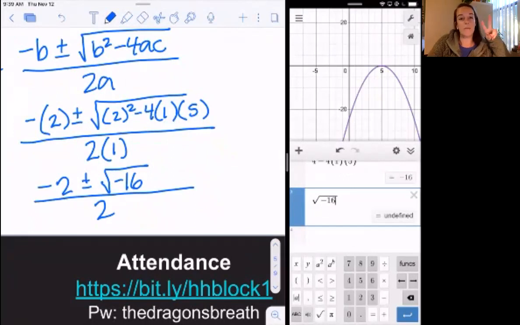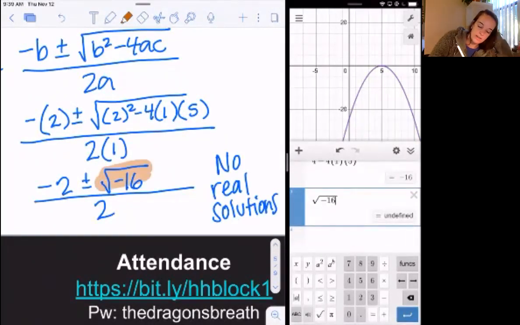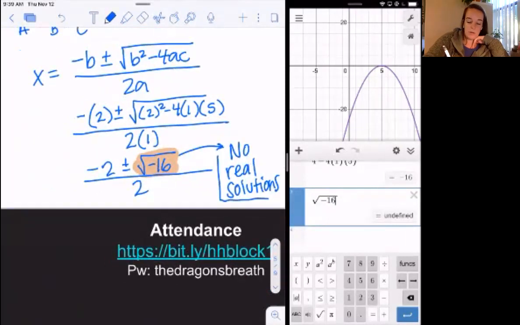It means it's going to have 2 imaginary solutions, but it's going to have no real solution, right? So when I get to the square root of a negative number, I can remember, oh yeah, a square root of a negative number means that I have no real solution. I want you to use that word real in there because there are technically 2 solutions to this problem. They're just imaginary, which we'll deal with in a little while. But there are no real solutions.